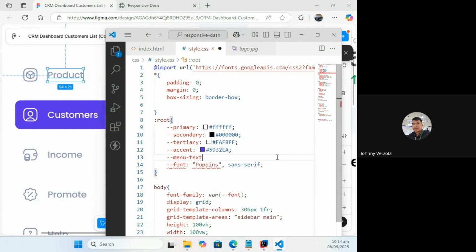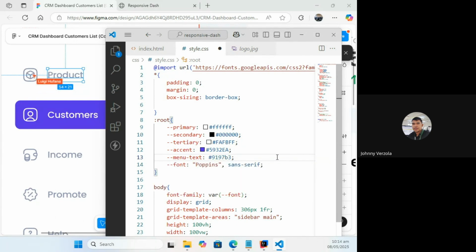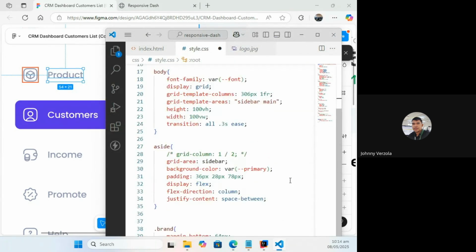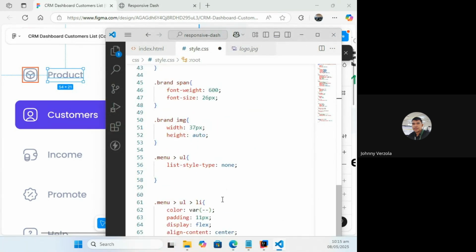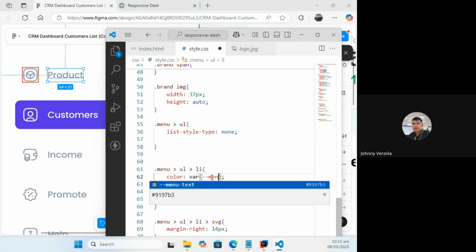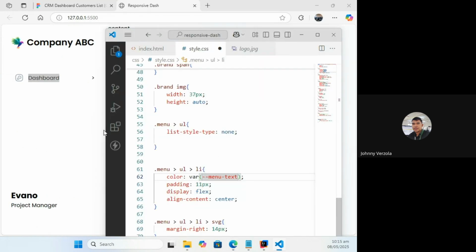Menu text hashtag 9197B3. Is this right? 7B3. Yeah, 7B3. And I'm going to apply that to the LI text color. This one. Menu text. Save. So you will see.